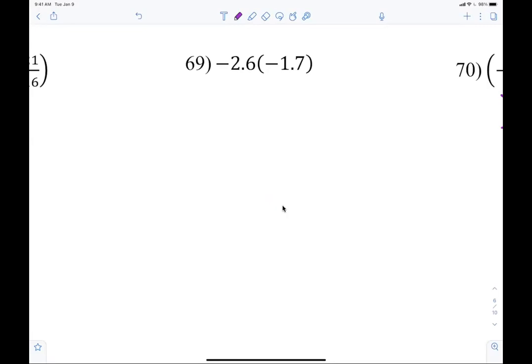I got 15.6. 2 times 1 is about 15. Are we doing 69? Did you do 2.6 times 1.7, please? It can't be 15. Sorry. No, I don't want you to be sorry. I want you to make the correction. Go multiply it.